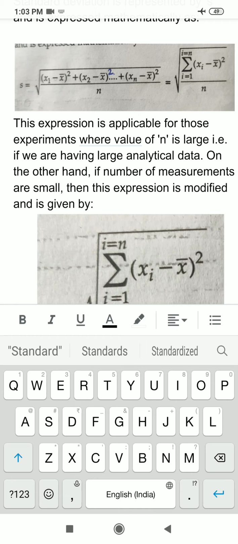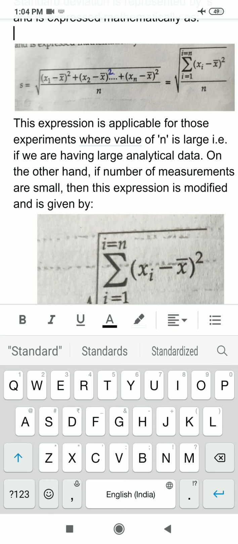So if I convert this formula in terms of language, then how will I say? अब सबसे पहले इसमें क्या है, सबसे पहले अंडर रूट का साइन है और स्क्वायर रूट कह सकता हूँ मैं, फिर उसके बाद पूरी टर्म को डिवाइड किया है, उसके बाद डिवाइड पर किस चीज़ को किया है, हमने डिवाइड किया है x1 minus x bar. तो x1 minus x bar क्या हुआ, डेविएशन, और डेविएशन का क्या किया, स्क्वायर. तो हर वैल्यू की डेविएशन का स्क्वायर लिया है, उसका मीन लिया है, और उस मीन का फिर हमने स्क्वायर रूट लिया है. So that is known as standard deviation.